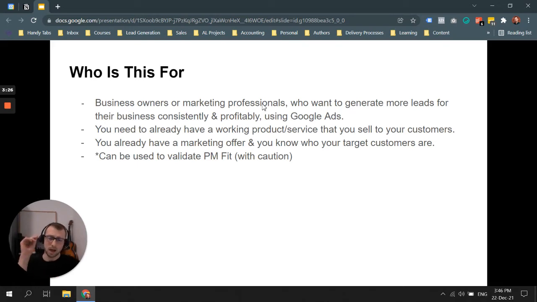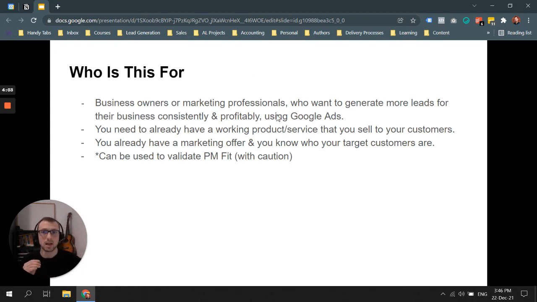Now, I want to add an additional thing. Some people want to use Google Ads for validating product market fit. This can be done, however, with caution. In many cases, outreach is the better solution for this. But Google Ads, when done properly, you can use it to validate product market fit for search-based congregations, which I'll cover in a bit. So just take this with a grain of salt, but the same principle should apply here because it's the baseline,